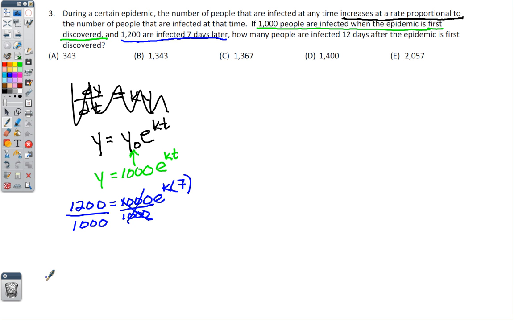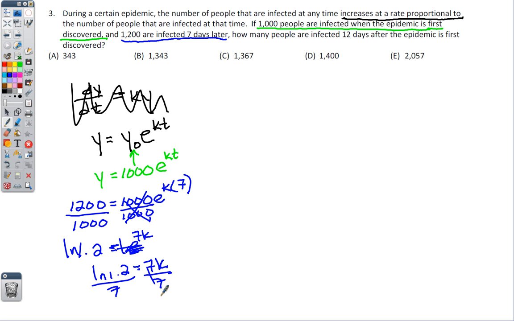And here's where you can feel free to be absolutely obnoxious. No one's going to see the work. So natural log, that goes away, divide by 7. I'm being a little more obnoxious than you have to be, so we want to see that in a little bit of slow motion. We divide by 1,000 and we get 1.2 equals e to the 7k. Natural log of 1.2 equals 7k, divide by 7. I have no idea what that is, but I'm just going to leave it because who cares? So I now know that y equals 1,000 e to the natural log of 1.2 divided by 7